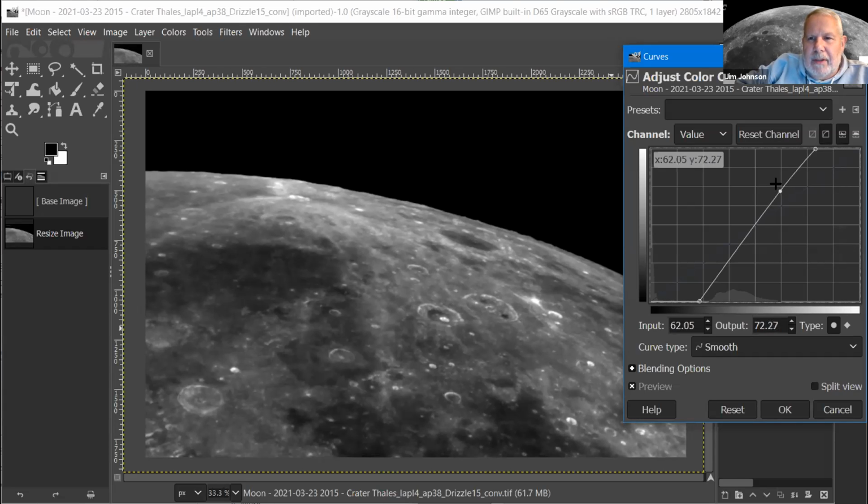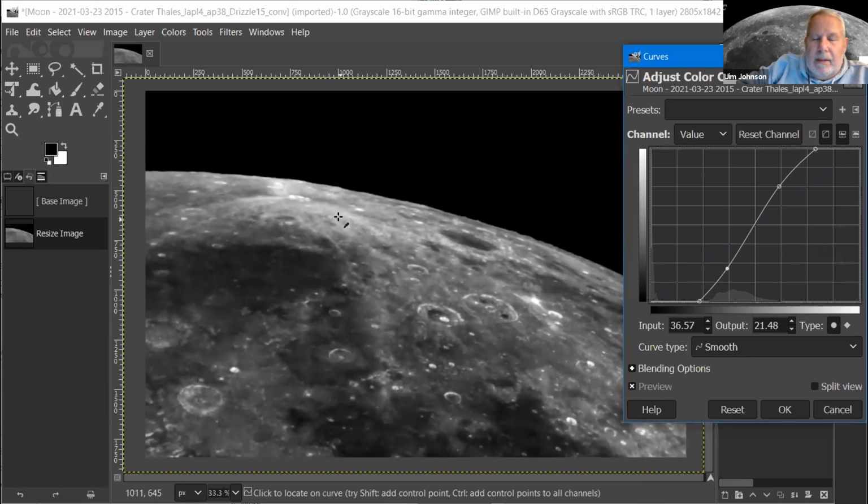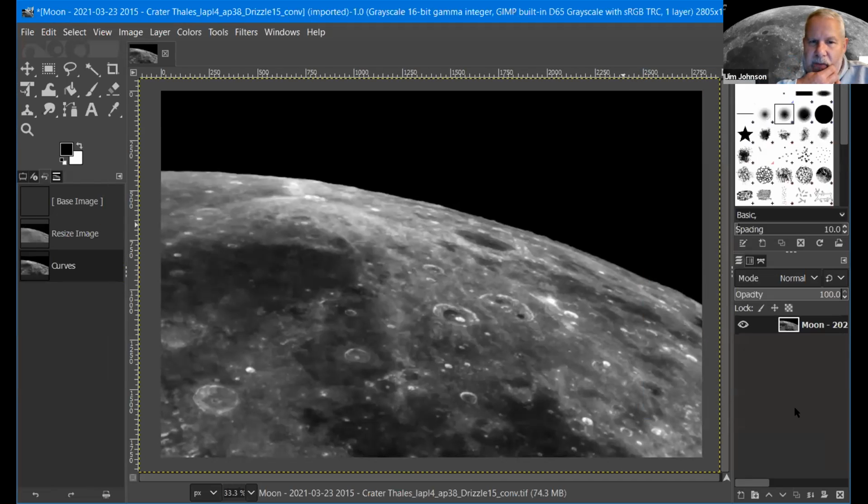Basically I'm going to bring the brights up a little bit and bring the darks down a little bit. And I exaggerate that a little bit because, by the way, Chuck is doing science. This is art. This is my interpretation of this image, and I want to highlight the brightness of the rays. I do that by bringing the points in as much as I did, and then the contrast adjustment. And I click OK, and that's my image.